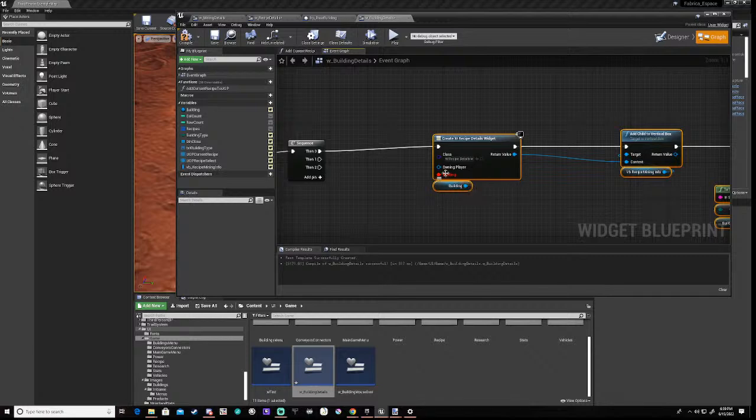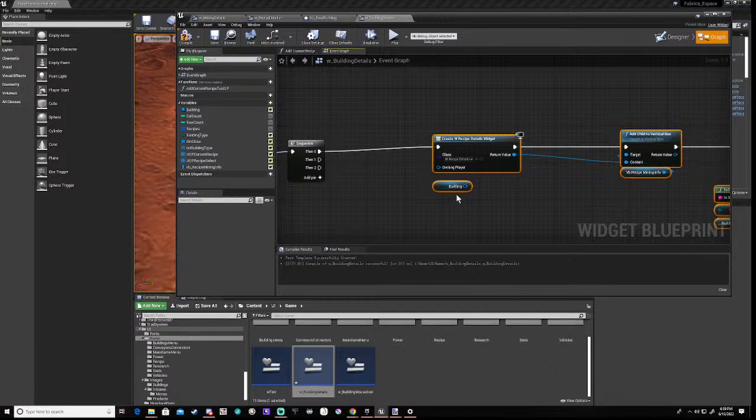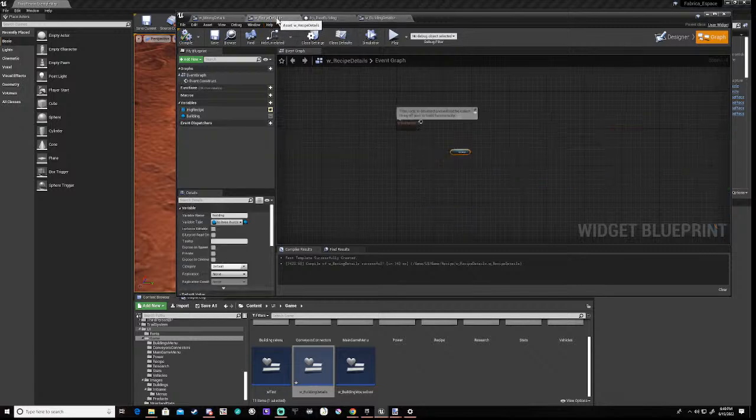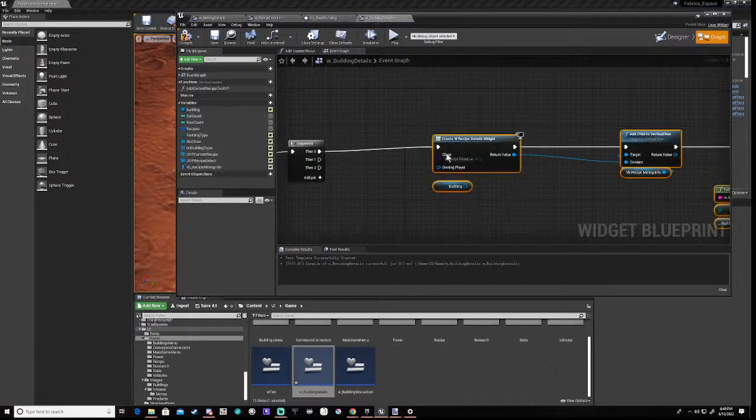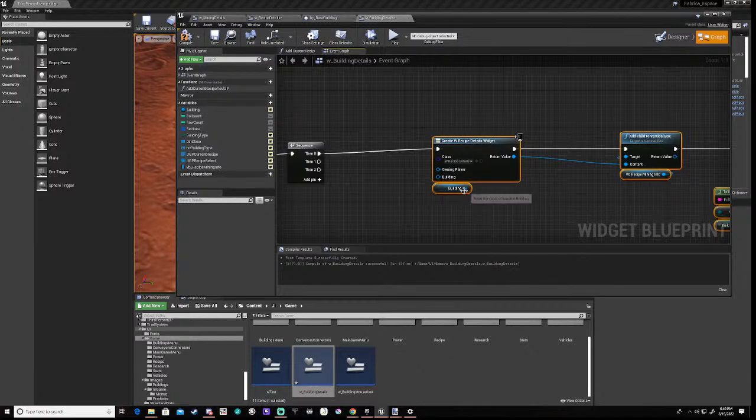Okay. Then we shall refresh nodes, and in building the recipe details, our building is going to be instance editable and expose on spawn. Save that, back to here, refresh nodes, pop that in there. Okay,